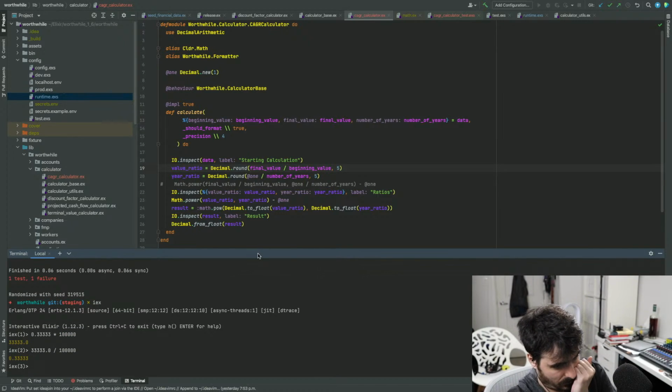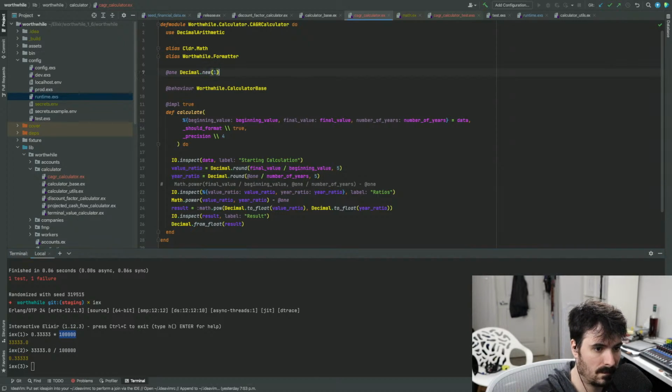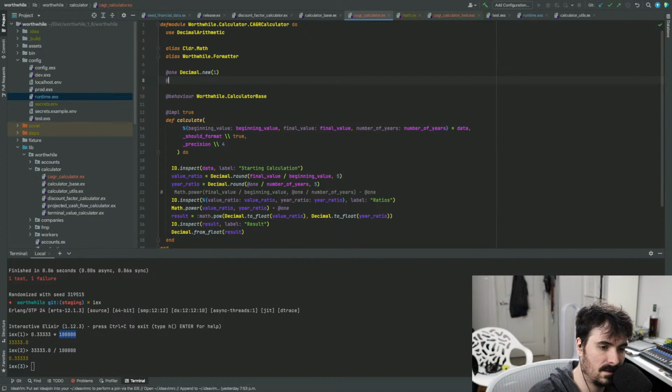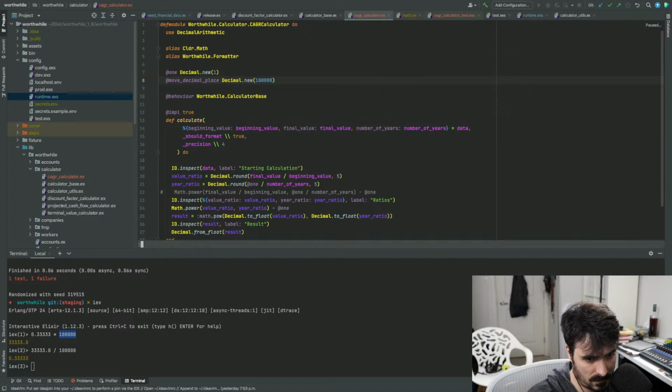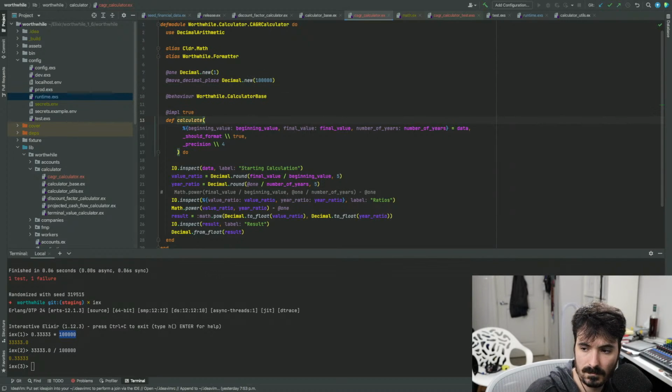Yes. Move decimal place. Okay, so what we're going to do